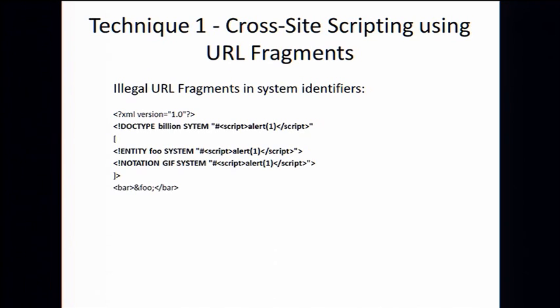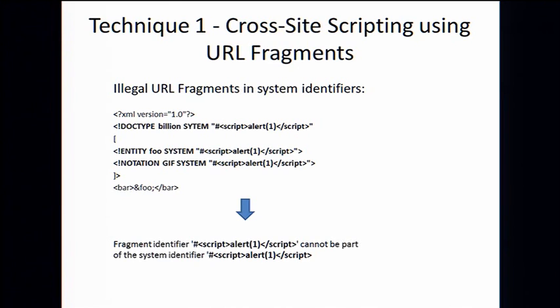So if we have our malicious XML and it looks something like this, where we create a foo entity and we have it look like hashtag script alert 1, well, then the exception message in .NET looks like this. So it says script alert 1 cannot be part of the system identifier. So we've successfully gotten script into our exception message. So that's one way to get script executing. And this is a good technique because it's self-contained and